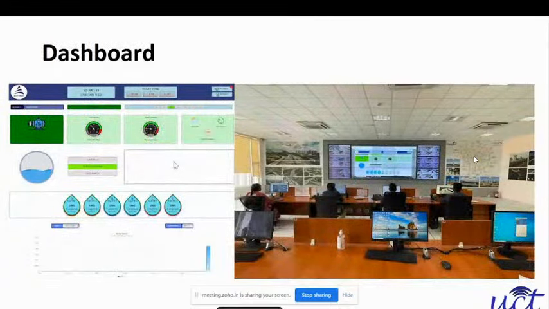And this is the image from the office of the HMDA Hyderabad. And here you can see we are getting all the data: whether the pump is on, what the flow rate is, what the water pressure is, whether the tank is full, half full, or empty, whether the pump has started to fill, and which valves are running, which are completed, and which are next in the schedule. We can get all this data. We can also control these valves individually, or you can set a schedule and it will work automatically.